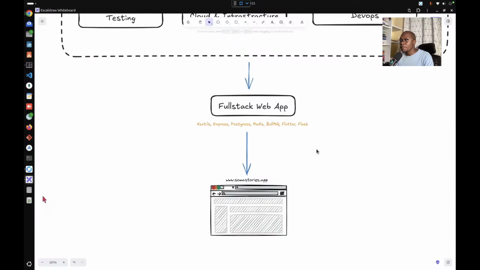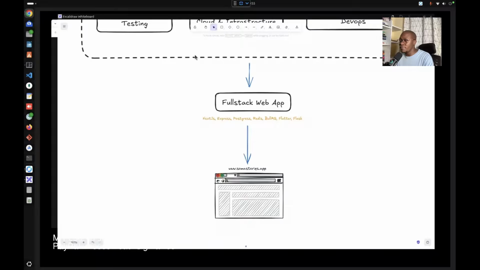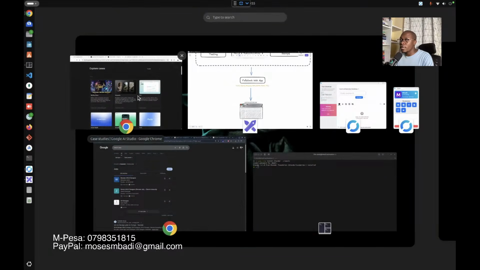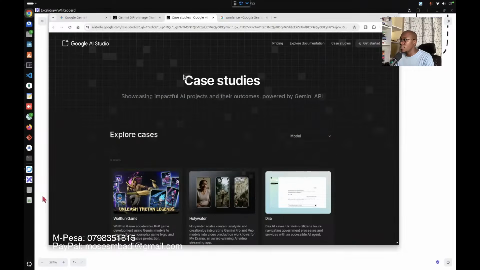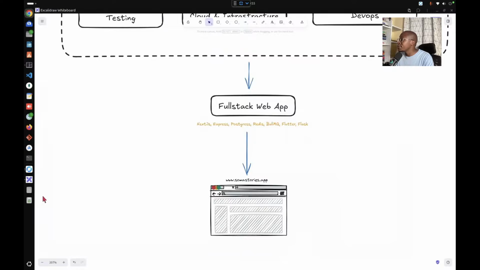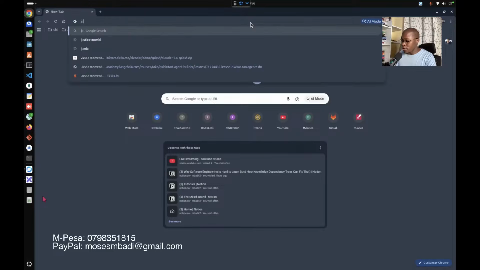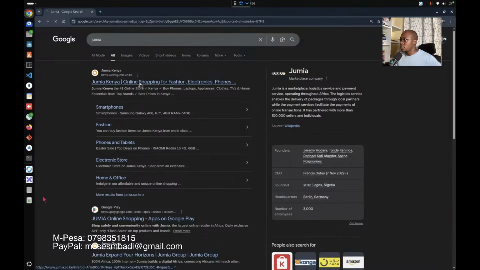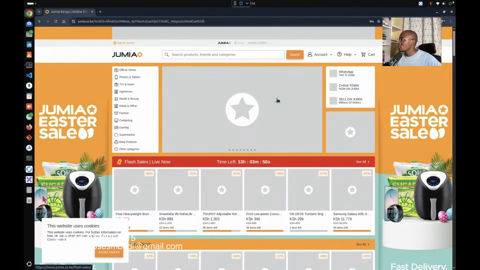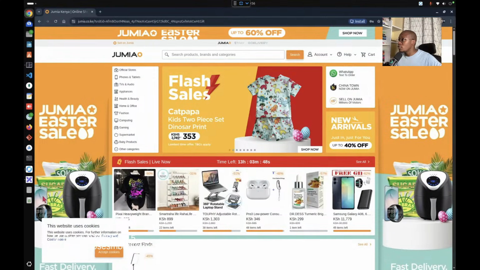All right, so this is what I was showing you guys the other time when I was looking at technology lookup. So if you go to any website, like for example this one, and okay, let me just use my own tab here. Let me close this. No, I'll just minimize it. So we'll go to this and we do something like Jumia, and then we see what we'll go to Wappalyzer.